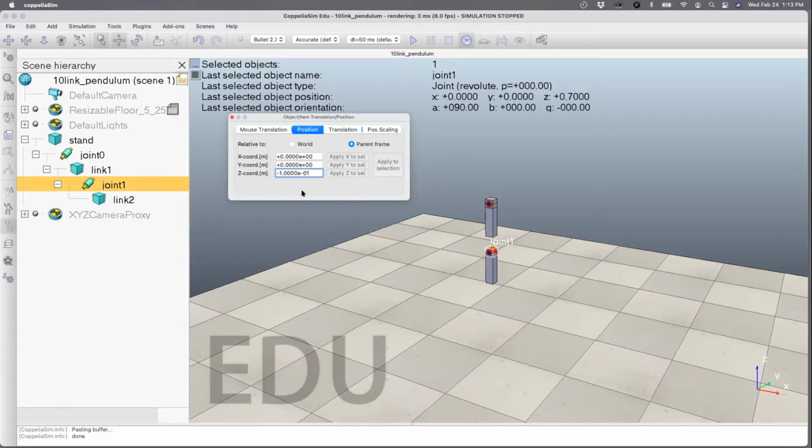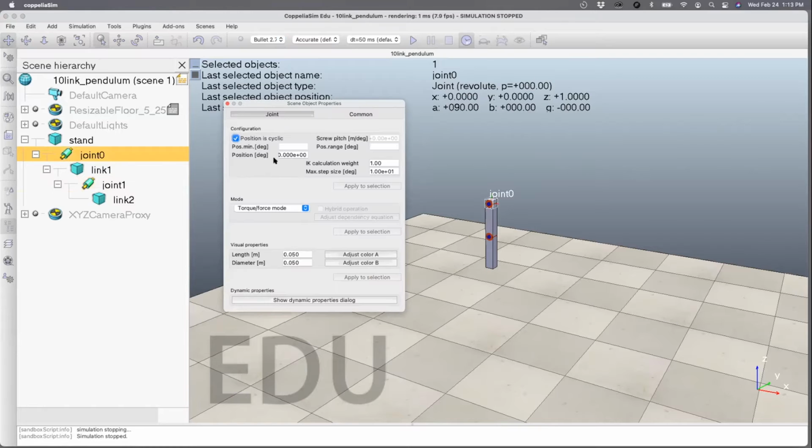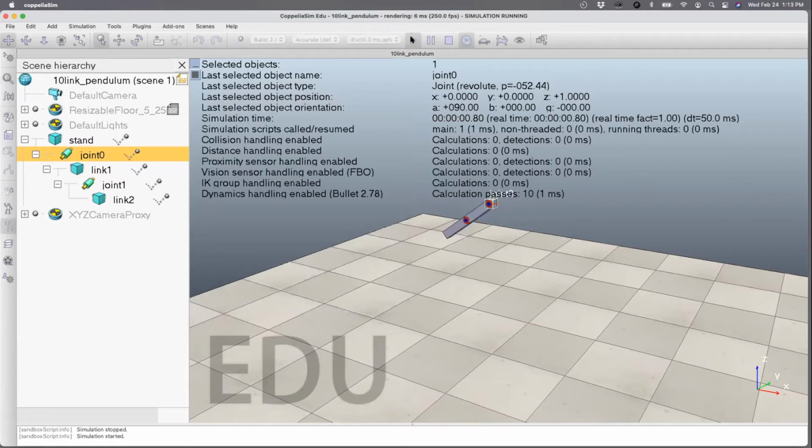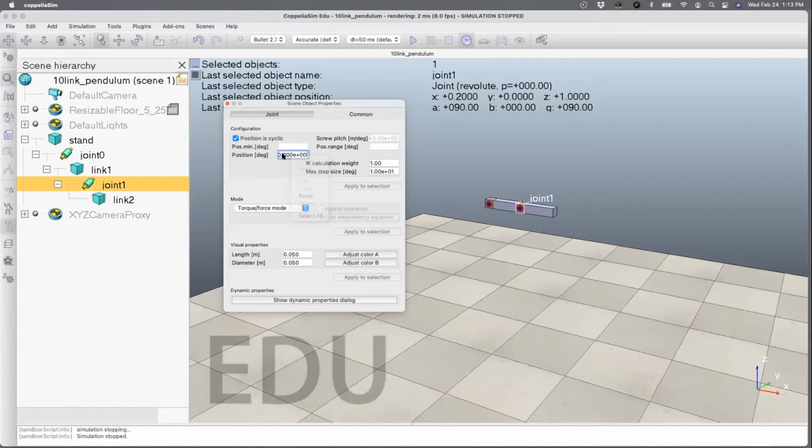Interesting, because how did that happen? So joint one should actually be 0.1 from the center of mass of link one. Link one center of mass is here, and so that's 0.1. So I just need it to be minus 0.1. This should work. Okay, so we have that, and let's test it out. Looks good. Let's stop. Let's move one of those links 90 degrees. Let go. Looks good. Let us change the angle of the other pendulum,